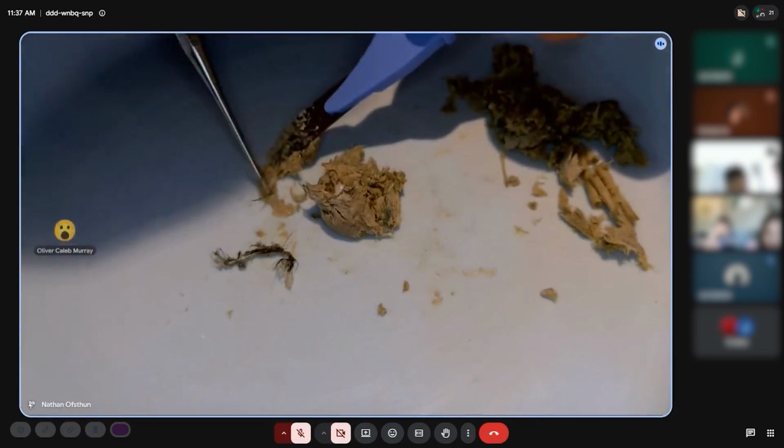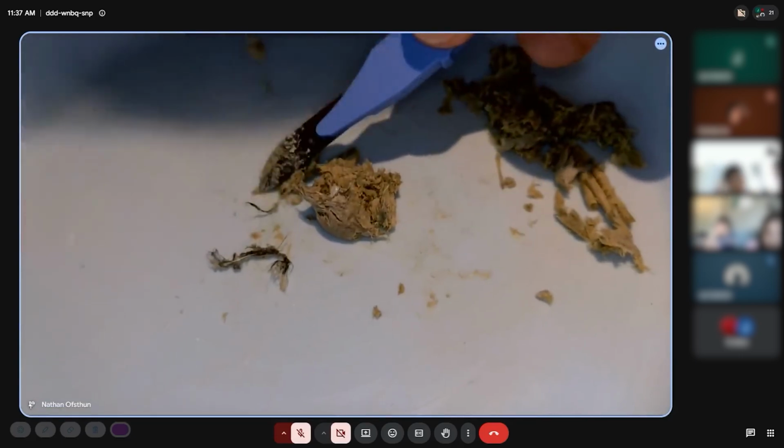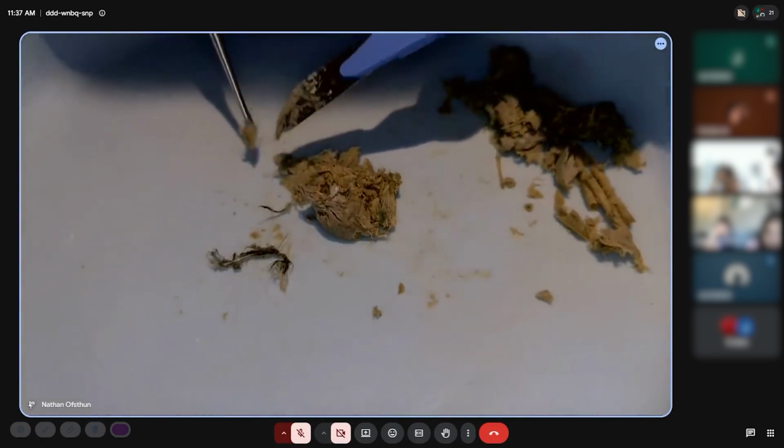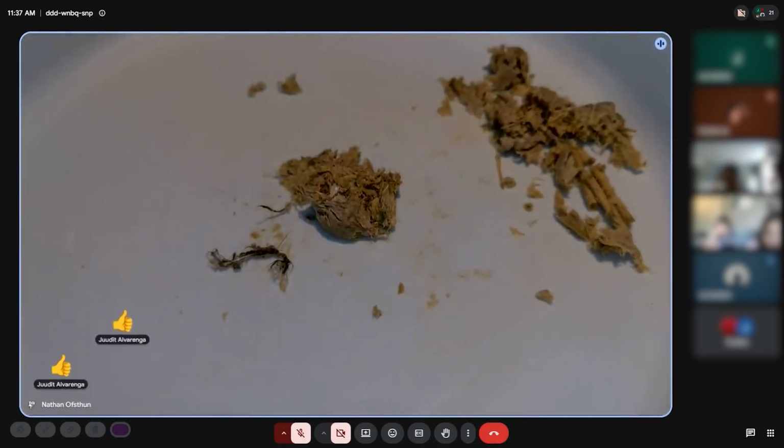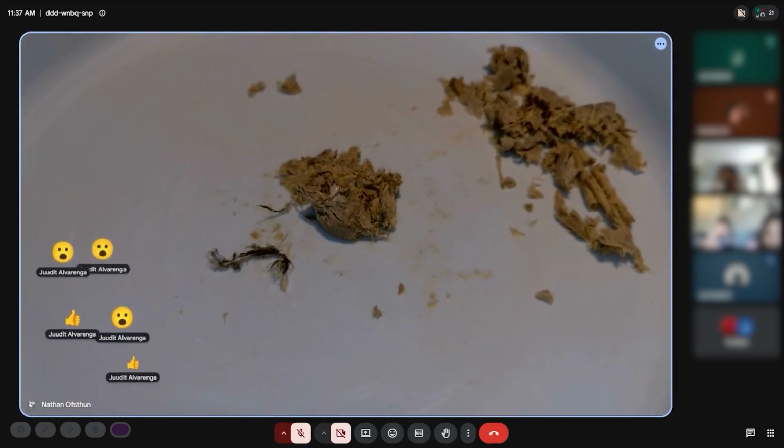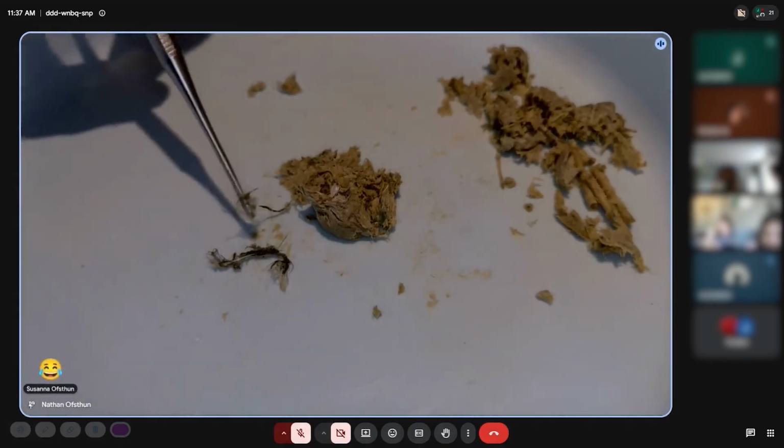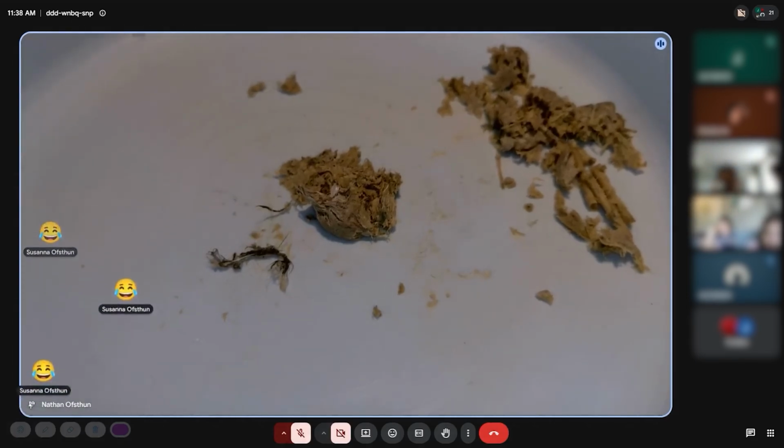Oops, not coming off so easily. There we go. You can see that a little bit right there I'm pointing to. But I don't feed Aluco anything that has feathers on it. So I actually think that at some point he accidentally ingested one of his own feathers because he sheds feathers. He sheds some of his fluff. I think he ingested his own feather, or a feather just floated into his cage.